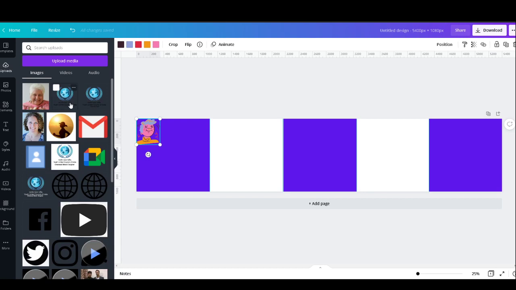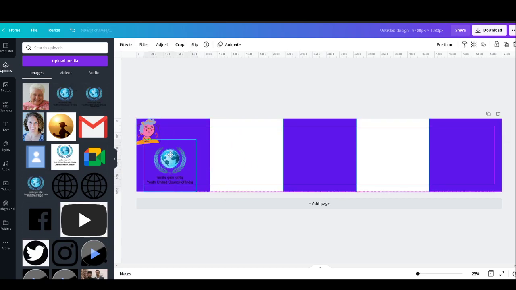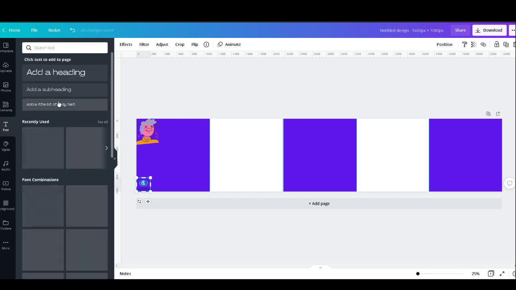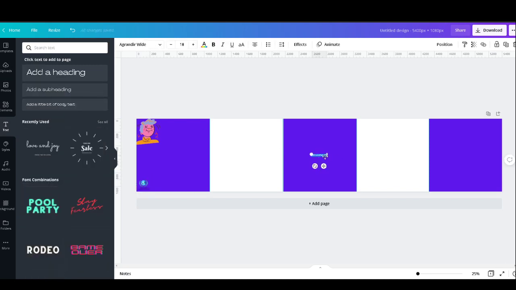Let's suppose I want to add this one. This is the name of the NGO I'm working at. So we can drag it and we can add a text here, add a subheading.